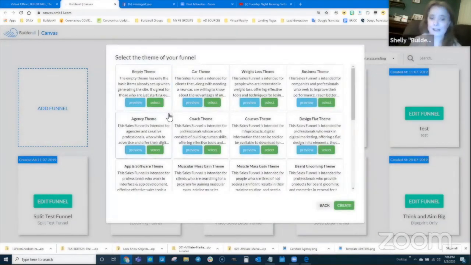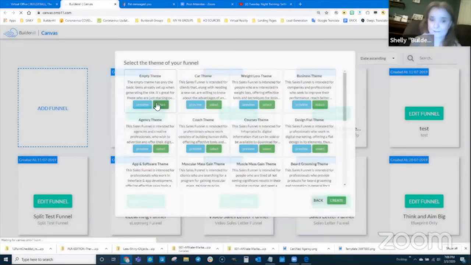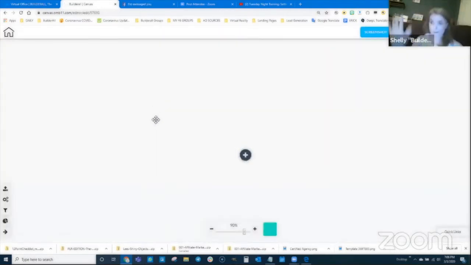And then for the theme of it, I'm just going to choose the empty theme. I don't need to really have anything in there. It can be blank. So I'm just going to click empty select. So now I have a blank workspace to start working with, and I'm going to start building my funnel for